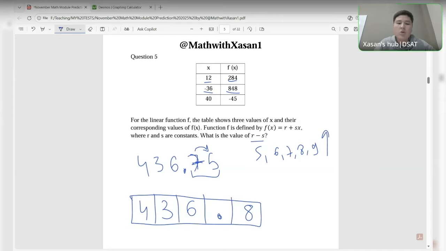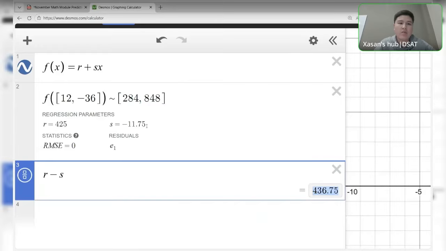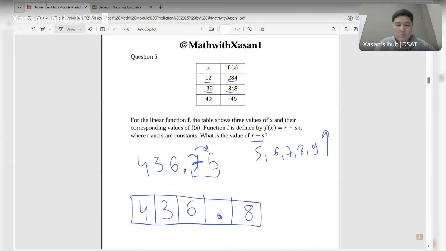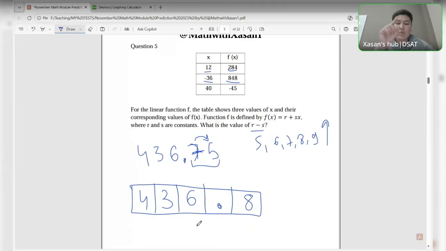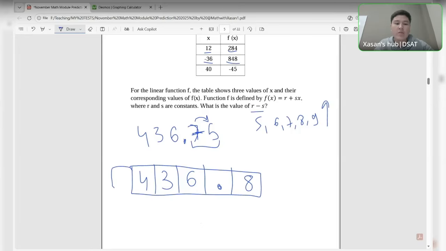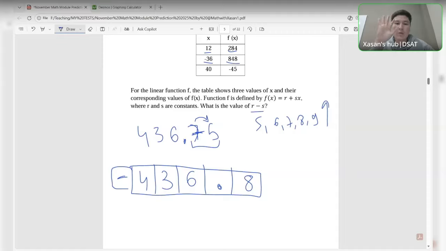Yeah, guys, you can also solve by using the table, no matter, it's still the same, but I like solving in this way, just entering the 2 values and then getting the values of R and S. Of course, by the way, guys, for negative answers, you will be given 1 more space. If your answer is negative, you will get 1 more space, but now the answer is positive, so you will get 5 spaces to write the answers.